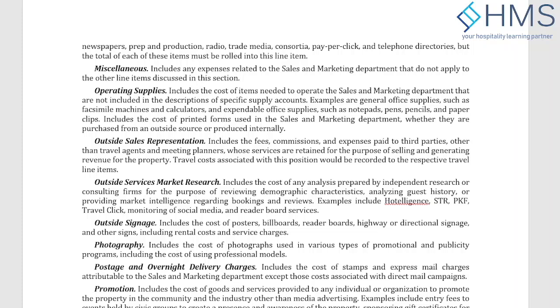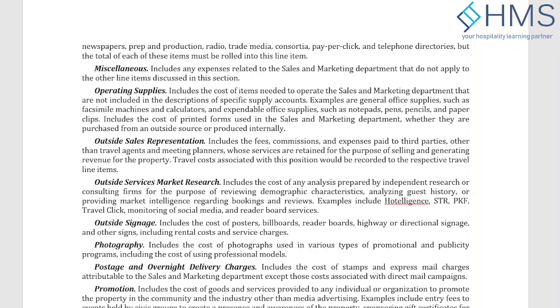Is the concept of overseas outside sales representation clear? Yes, sir, it is clear. Okay. I was explaining that usually there are three types of contracts. One is your own outside people, whom you have stationed overseas or in any region on your own payroll. So the cost will go to the labor cost.